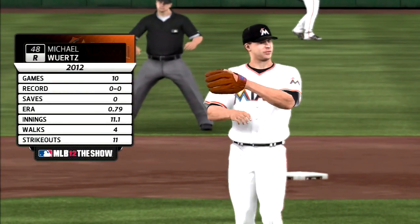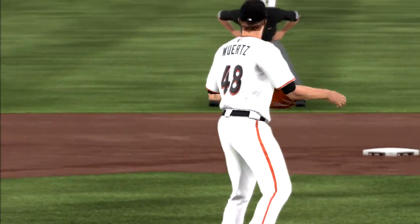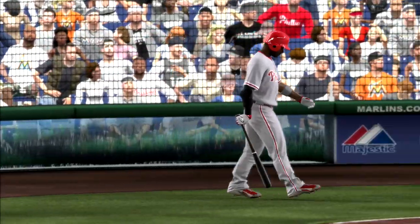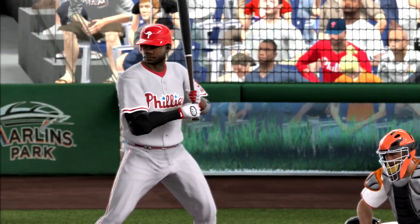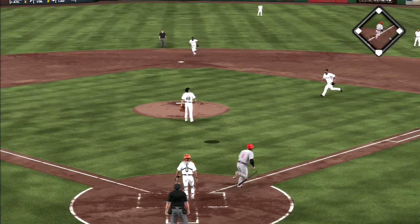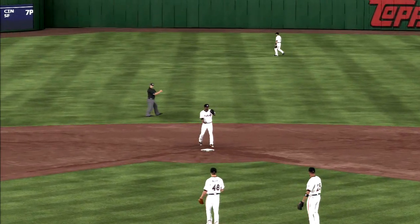Michael Wirtz is on the pitch now as he'll take over to start inning number 7. Ryan Howard will pinch hit here, and he's the potential tying run. Swinging a high pop-up right in the center of the diamond. Lee is there, and they'll be able to exhale a bit in that dugout as Howard's gone on just 1